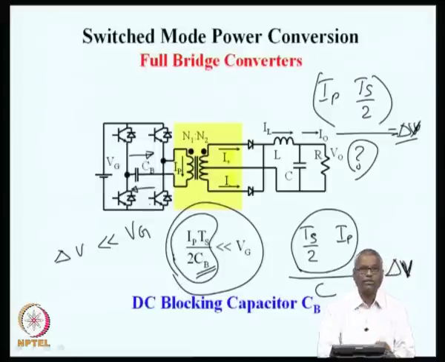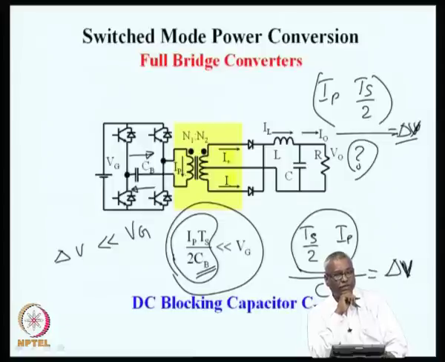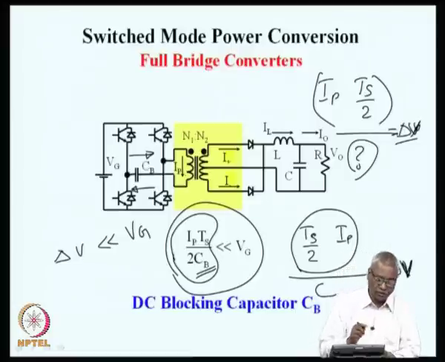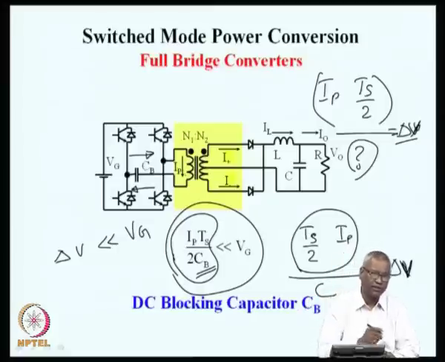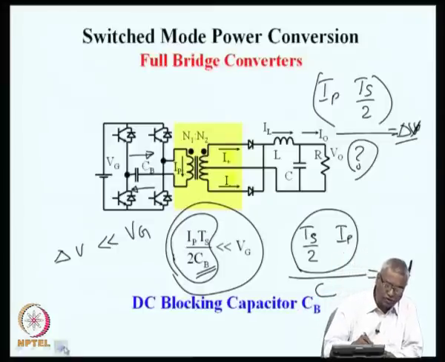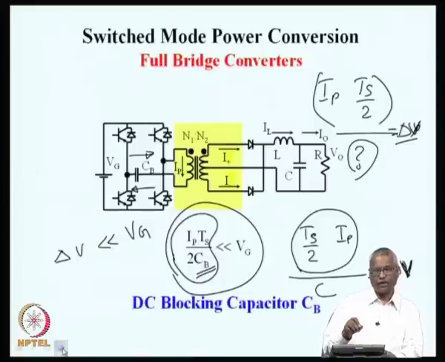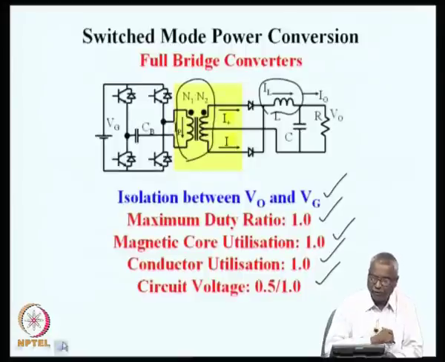From that point of view, the full bridge converter has no trapped energy, because any time at least two switches are on. So, there is always a path for the magnetic circuit to complete its current. That is one reason why full bridge circuit can be scaled to any power level, to megawatt power level also. The same is true with a two switch forward converter. There also there is no trapped energy. The same winding through diodes will completely transfer its energy to the source, and so this two switch forward converter and the full bridge converter in a way are circuits which can be used or scaled up to any power level.